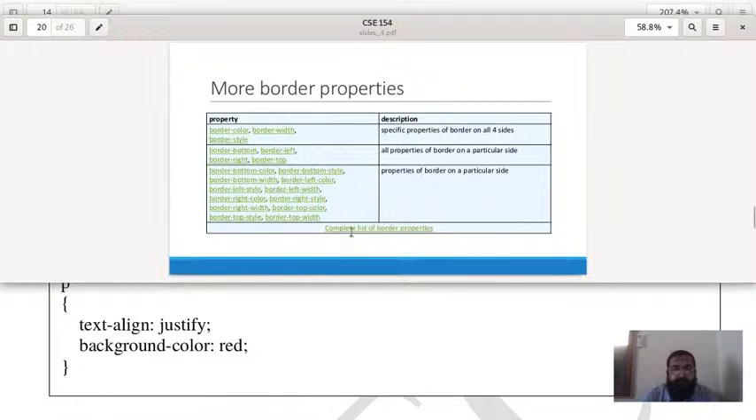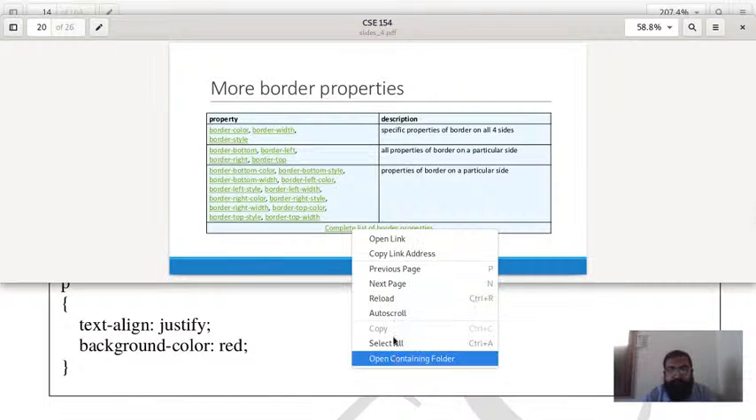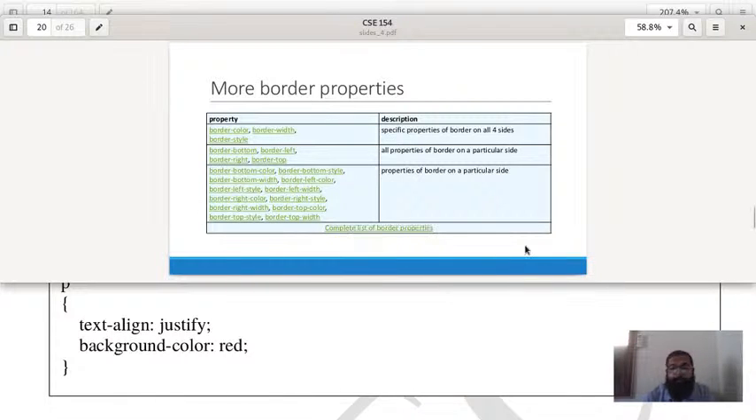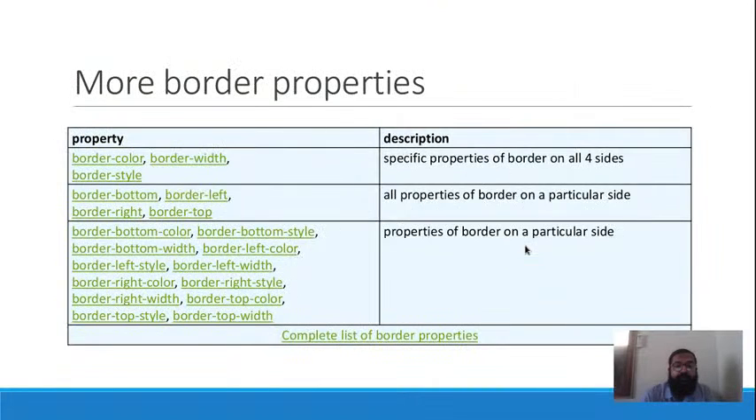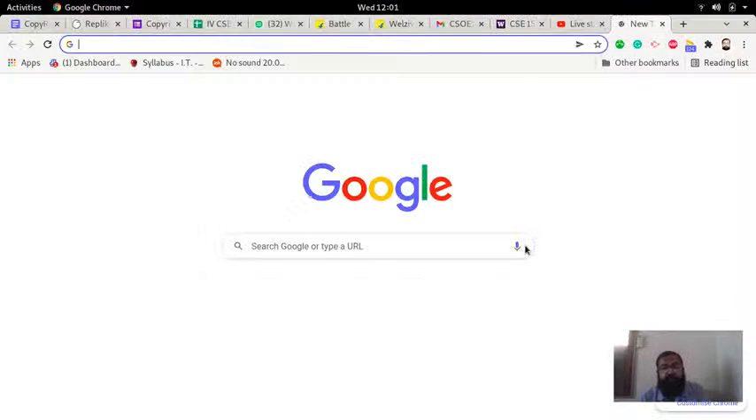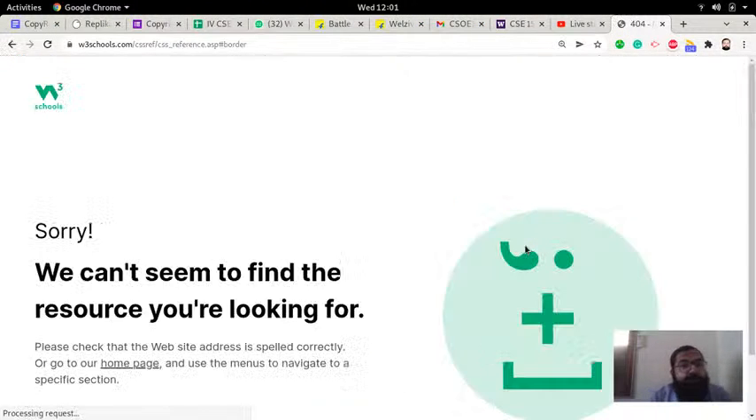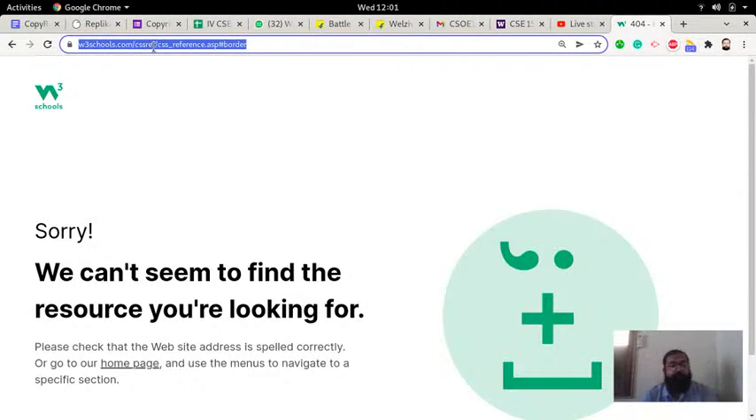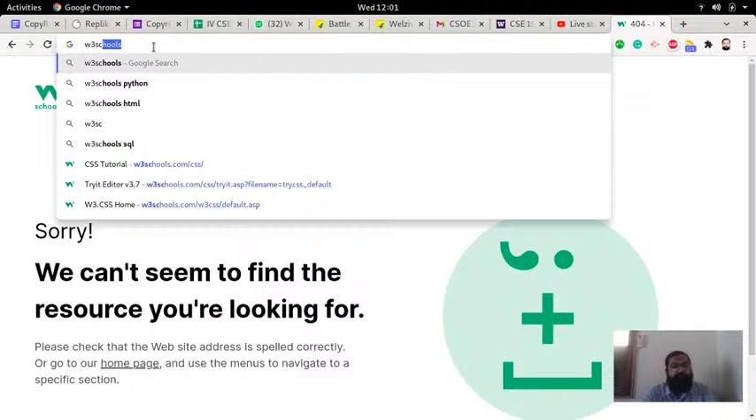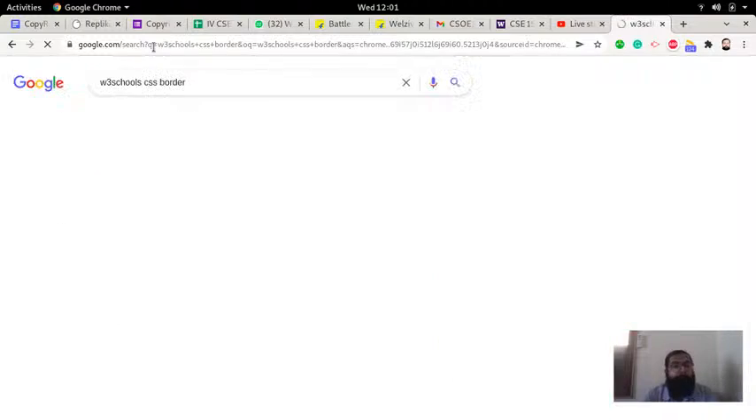And let me copy this, copy link. Okay, so let's go to that particular link. So CSS reference border. Oh my goodness, this particular link seems to be broken. So W3 Schools, CSS border. Okay,